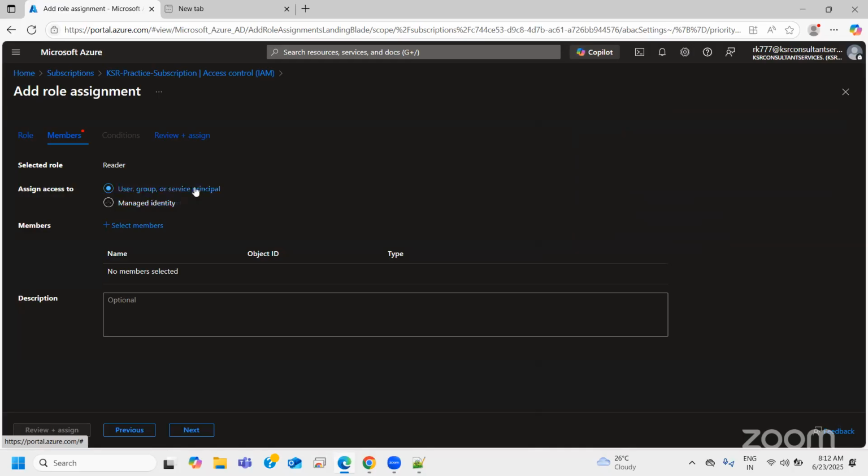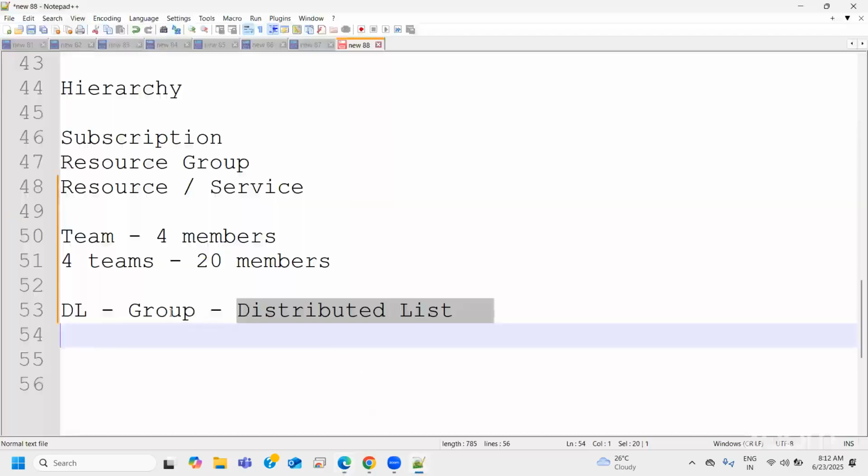Service principal is our app ID. It is one of the standalone services which we will be discussing in our Azure sessions going further. But you can add an individual user, you can add a group as well, right? If you have created any particular group, you can add that group as well. Whoever gets access to that group or distributed list will automatically get access to that particular subscription or resource group. At whatever level you are giving access, they can directly access it rather than individually adding each user.